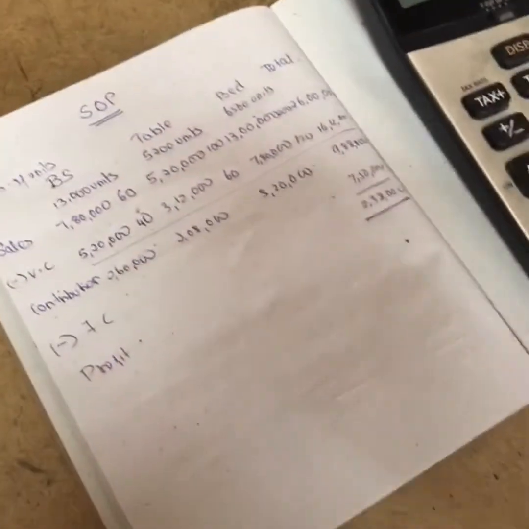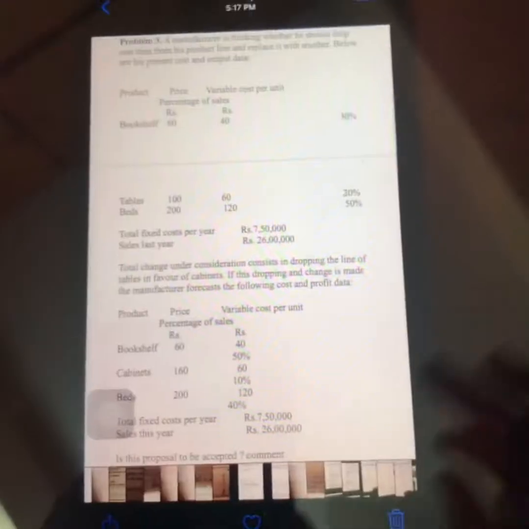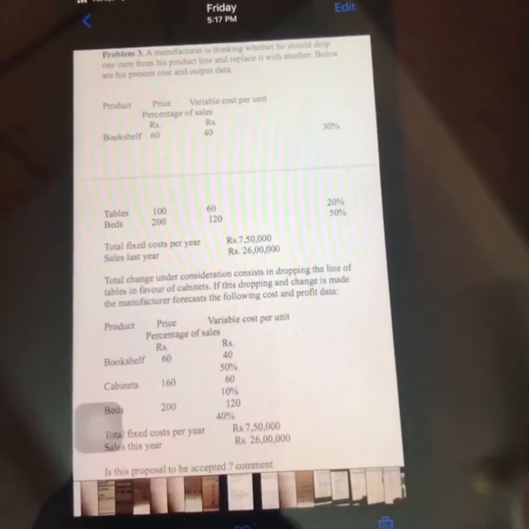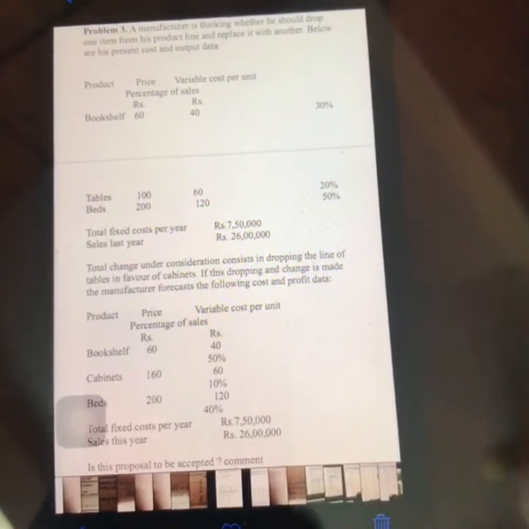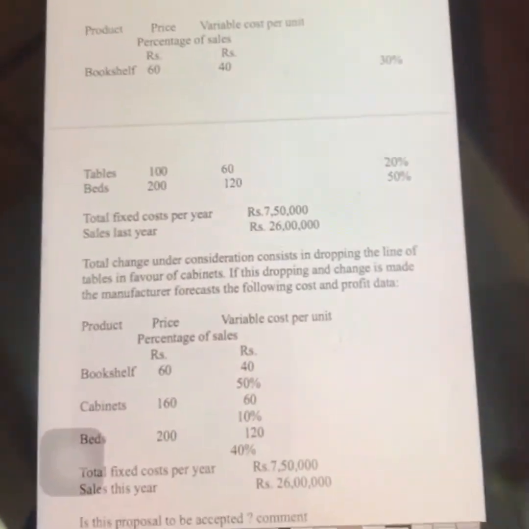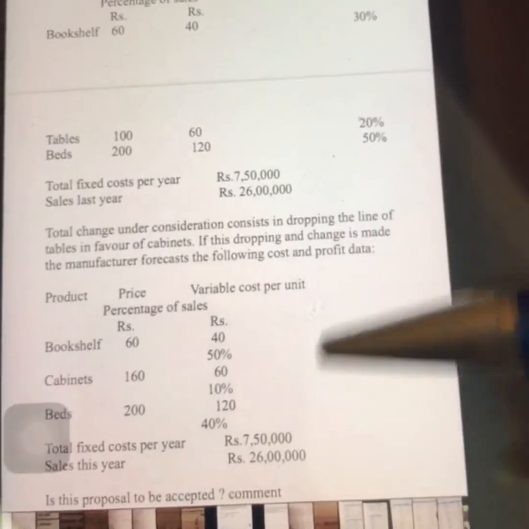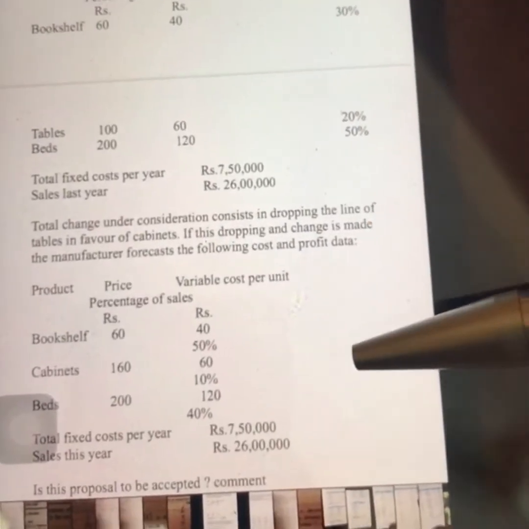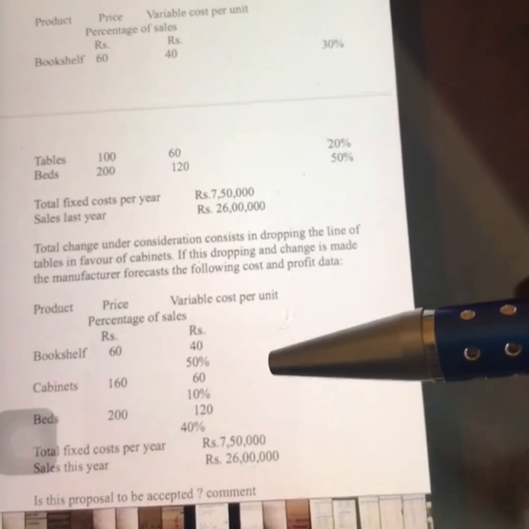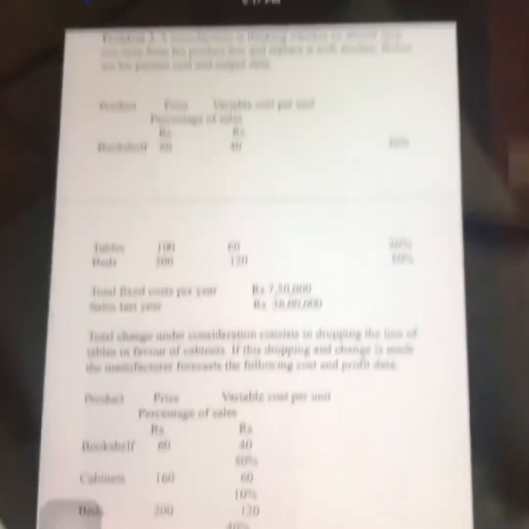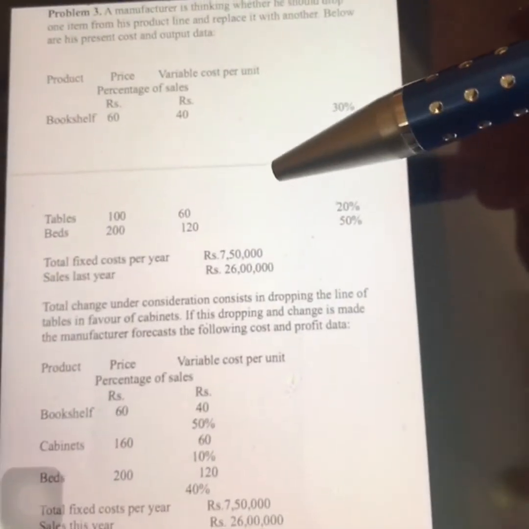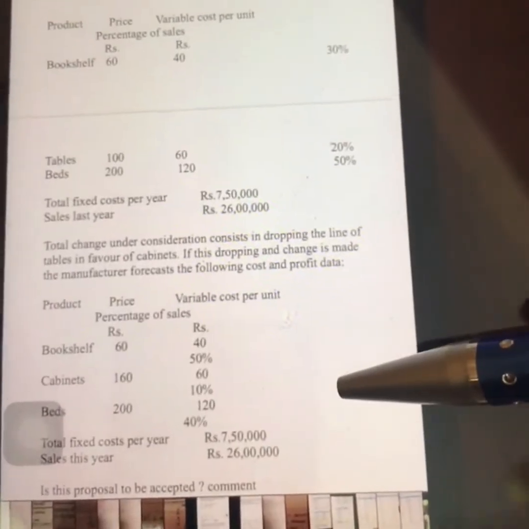Now we will do it for cabinets, girls. So now we will do the statement of profit for the cabinets. Here they have given you the products: bookshelf, cabinets and beds. Price they have given 60, 160, 200. Variable cost is 40, 60 and 120. Percentage of sales is 50%, 10% and 40%. See how we have done the statement of profit for the tables, the same way we are going to do it for cabinets. As we know, the format is